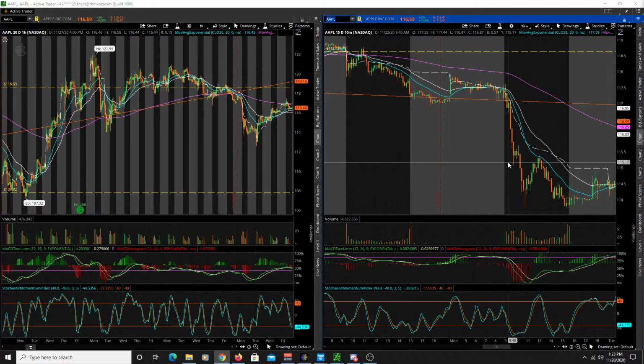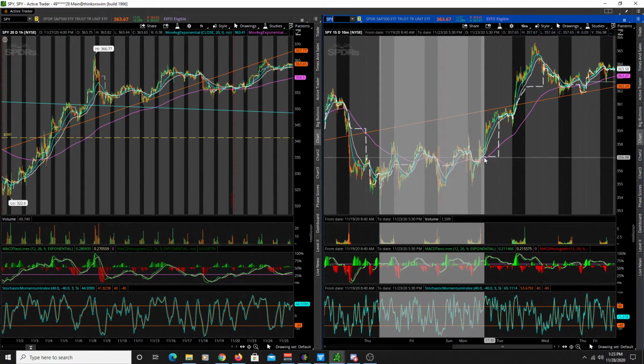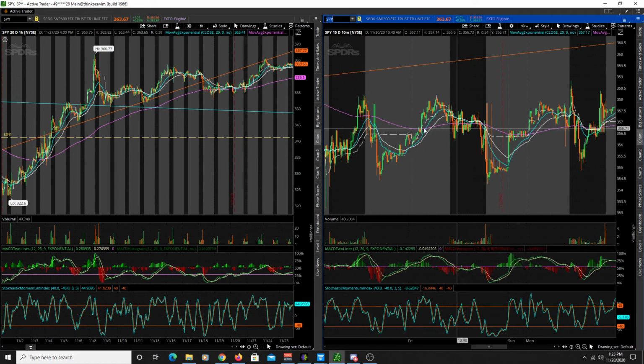Then I had, let's see, SPY puts. Let's bring up SPY, which is the 23rd right here. Now I'll even pull up the last few days. As you can see, this is Thursday, Friday, and this is Monday. You know, it's staying in between this 358 to 355 area. It's just bouncing back and forth, and so